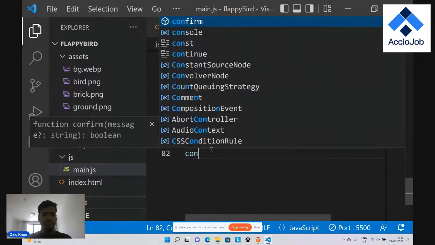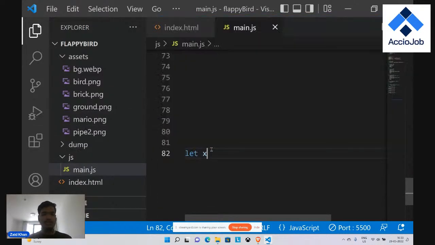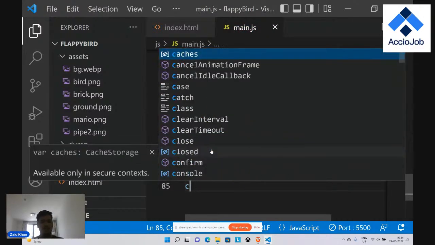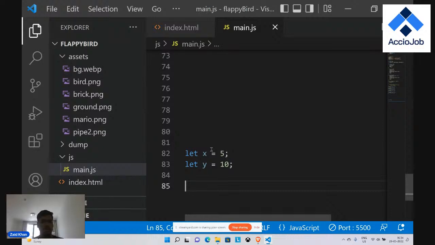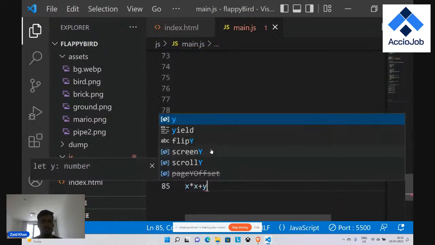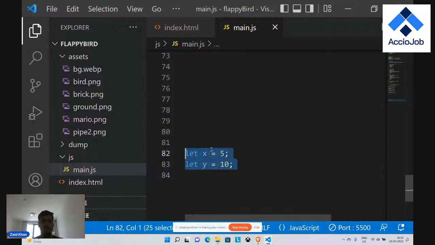Let's suppose there is a variable, let x equals 5 and let y equals 10. So basically, what I want is every time I want to evaluate some expression, and this expression is x into x plus y into y, and print that statement. So basically, I want to apply some Pythagoras theorem kind of thing. So I want this. Let's suppose. Then I want this for